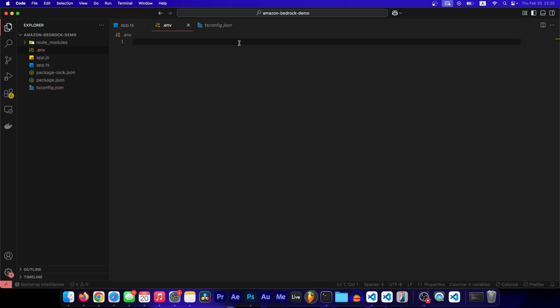Okay, now that's installed, perfect. The first environmental variable we'll need is AWS access key ID, and then just set it equal to nothing for now. And then the next one is AWS secret access key. Okay, set it equal to nothing now. Now let's get these values. So go to your